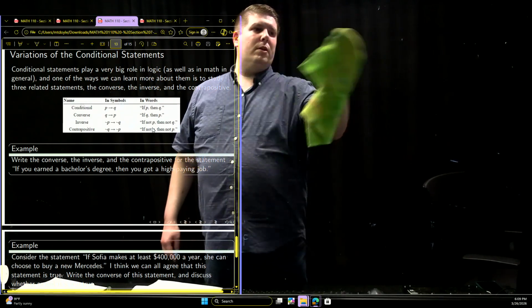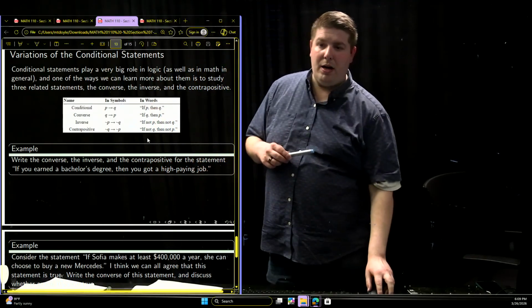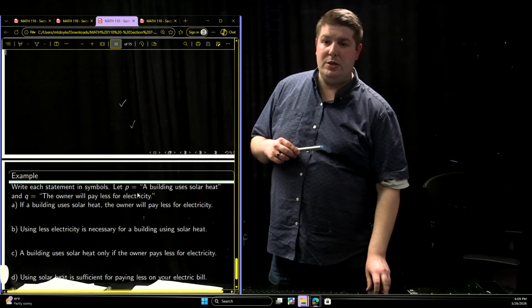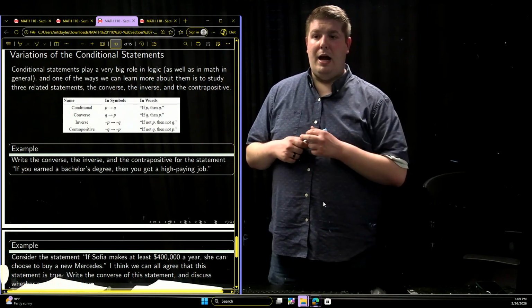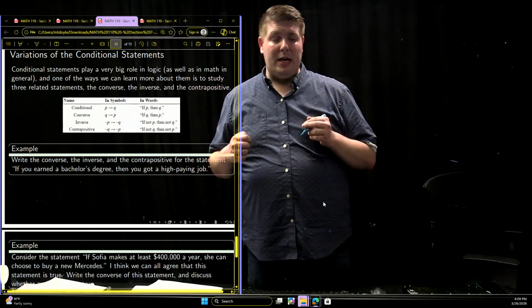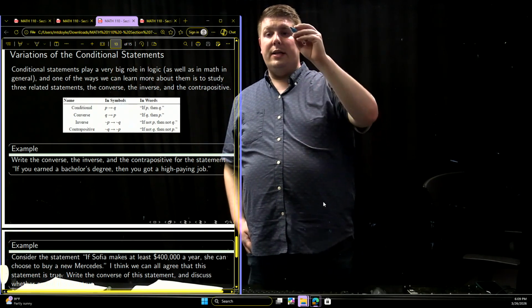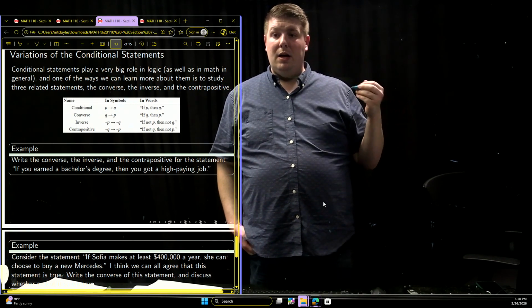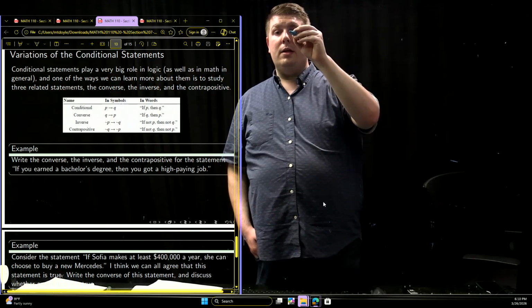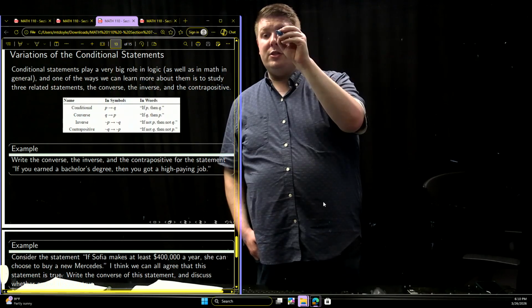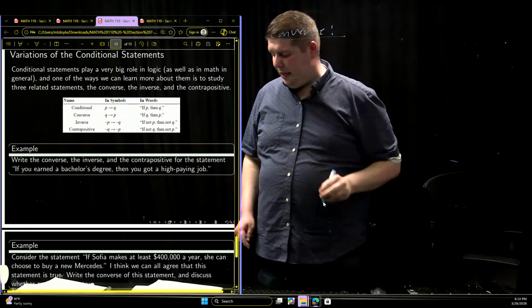All right, so we'll write what the contrapositives are, and then we'll call it quits for this section. Okay. So the conditional is if you earned your bachelor's degree, then you get a high-paying job. So it wants you to write the converse, inverse, and contrapositive. So the converse of that is,